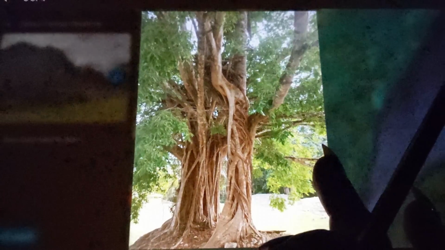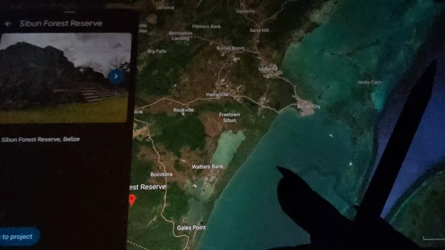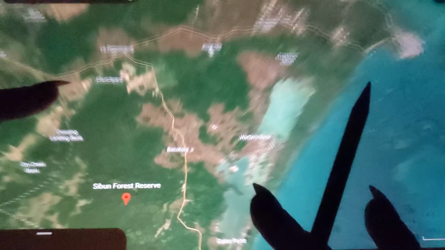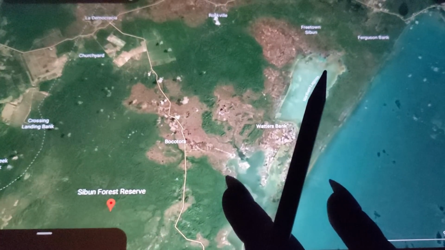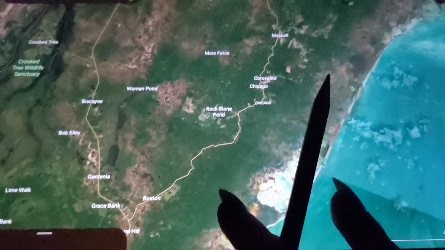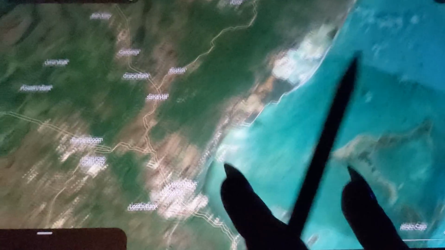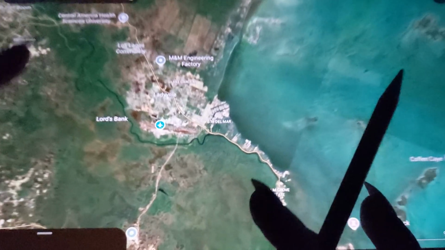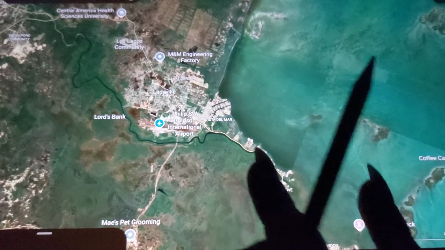Oh, it's just more pictures of Altun Ha. There's a cool tree. Some of the slideshows out here aren't great, but the ones that are, are pretty cool. But yeah, I'll let you guys explore the rest. There's some cool little zoos and stuff, but